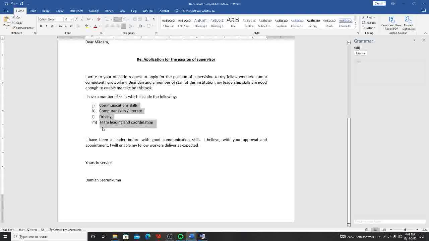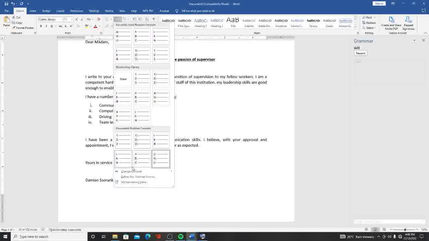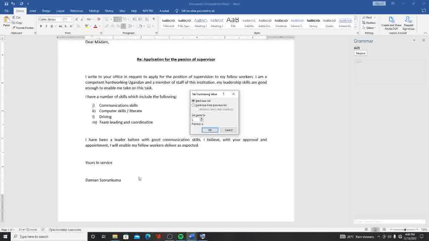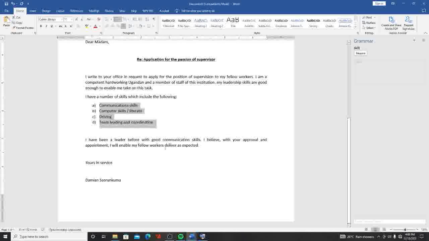If you would wish to start from a new list or the continuous list, and that's the list that you would wish to continue with, click at it and select set numbering value and then continue from previous list. Okay, since we don't have a previous list, we shall begin at letter A. And we click at OK. So it has that list. However, if we would wish to add some value there after computer skills or literacy, you click at